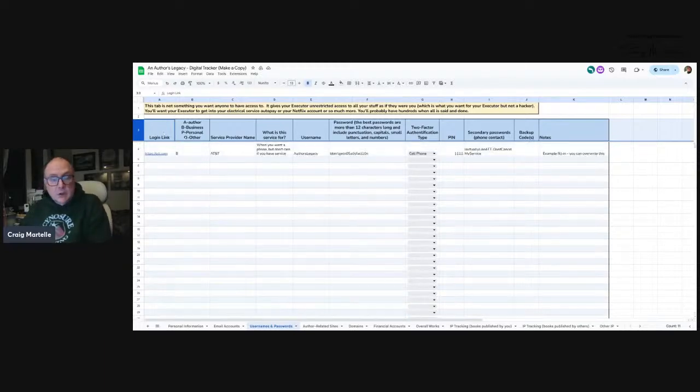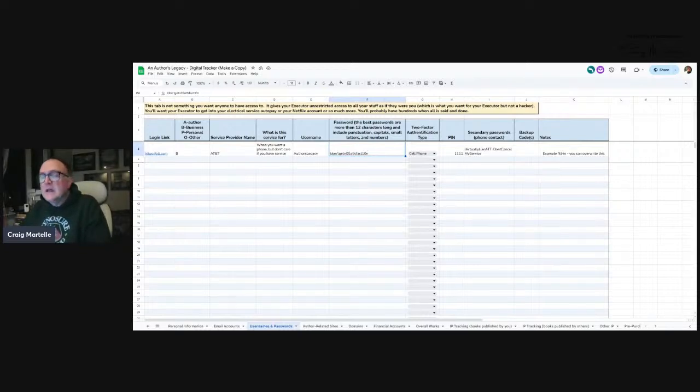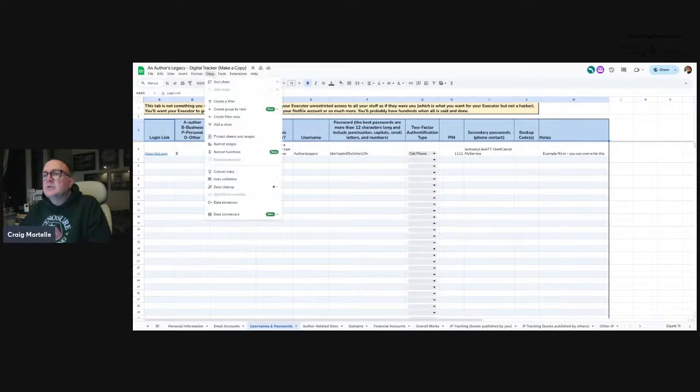All right, so there you go. The login link. There's that. You've got your password here. So an executor can dive in and see exactly what you have. This is for your business. Is an author. And if you select these, you can do Data,